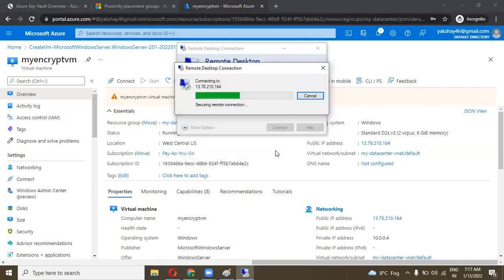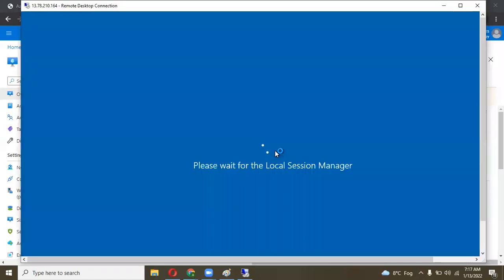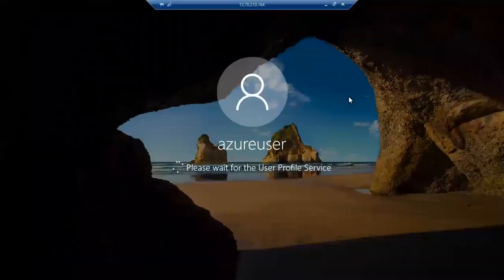Azure Disk Encryption and BitLocker use the same mechanism on the disk. So as you can see, first let's turn on the server.